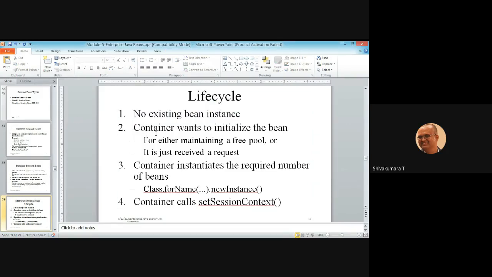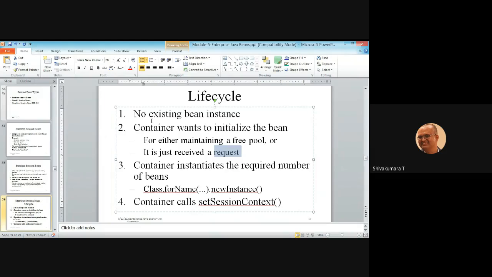Then, when a request comes, the container initializes the bean, either to maintain a free pool or because it has just received a request. Either way, the container spawns a new instance of the requested bean.